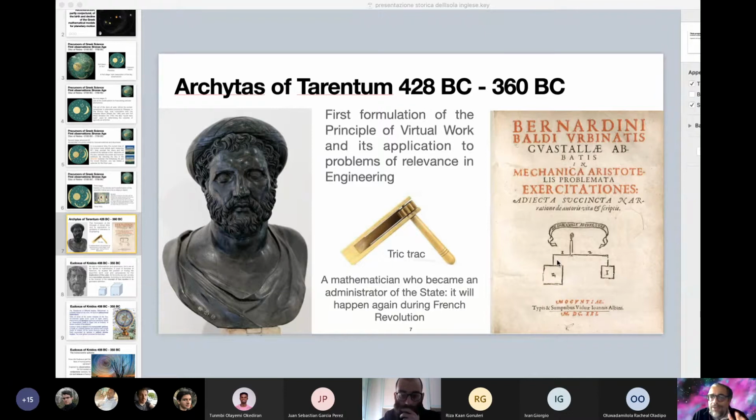So I want to underline for you now that in the 4th century before Christ, the first ideas of mathematical mechanics were developed using the principle of virtual work, in Greece and by Archytas of Tarentum,